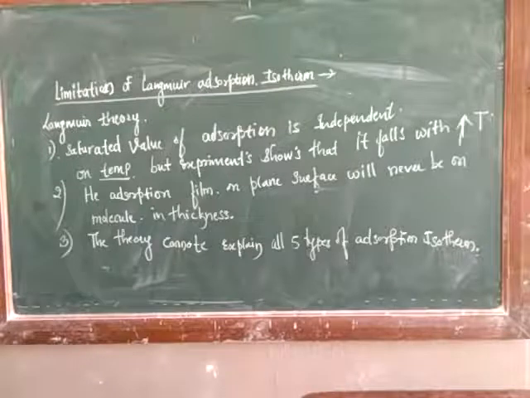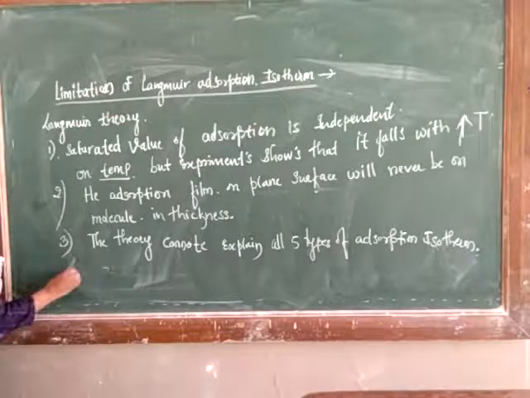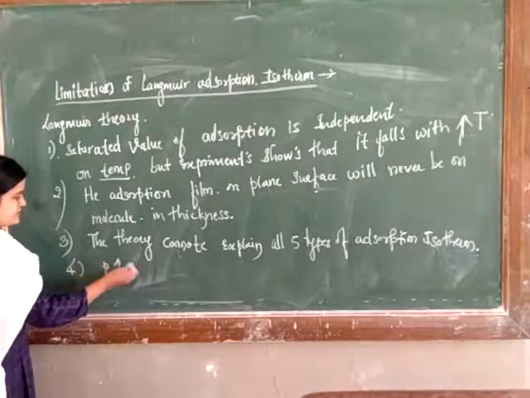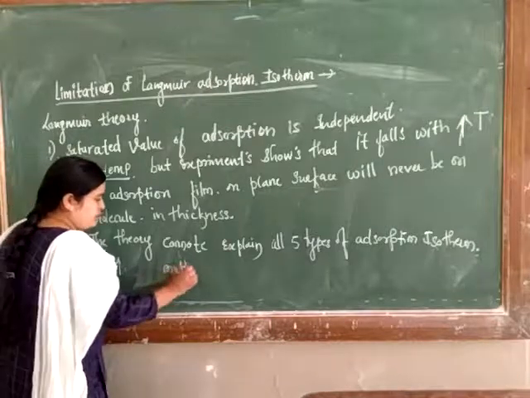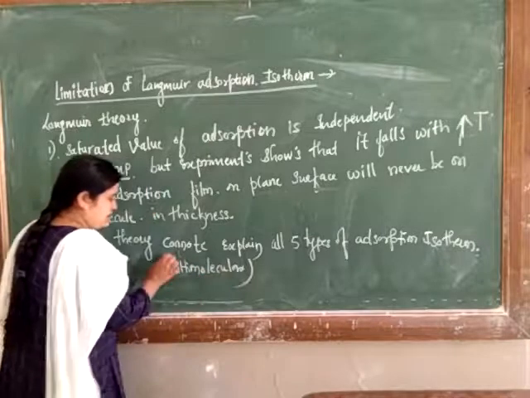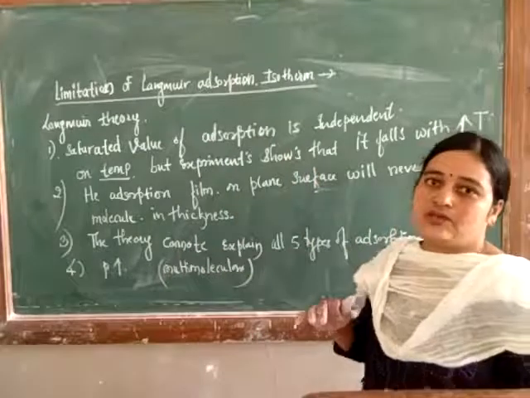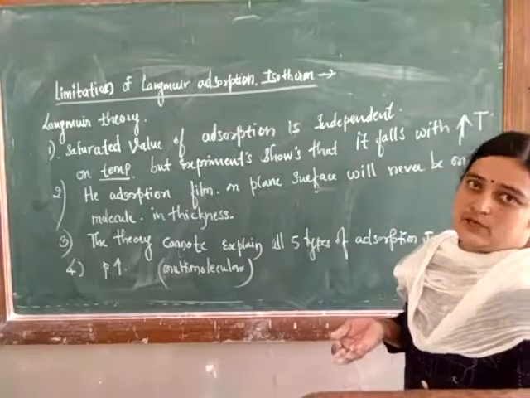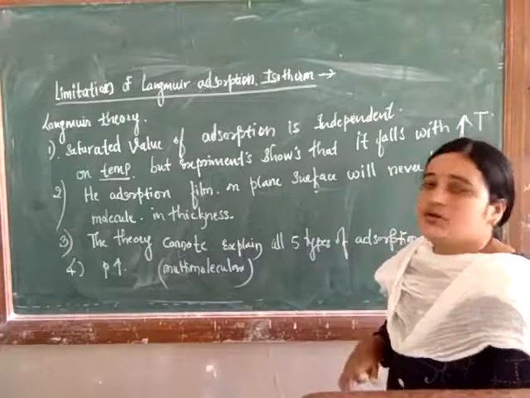The Langmuir equation very often fails to explain adsorption at very high pressure. The failure is believed to be due to the building up of multimolecular layers through intermolecular forces. This theory fails to explain what will happen to adsorption at high pressure. There may be the formation of a multimolecular layer of adsorption. But he is not ready to accept whether, when you increase the pressure, a unimolecular or multimolecular layer of adsorption is going to form. At intermediate pressure, he is not ready to explain what is going on.